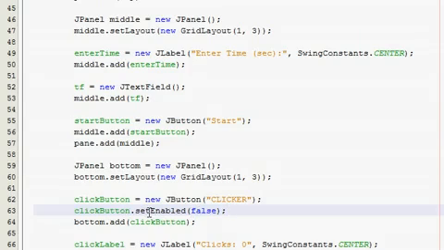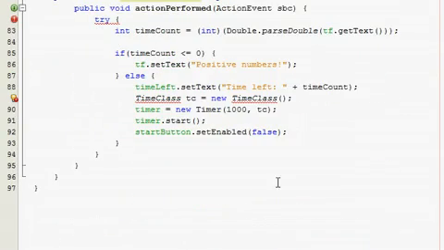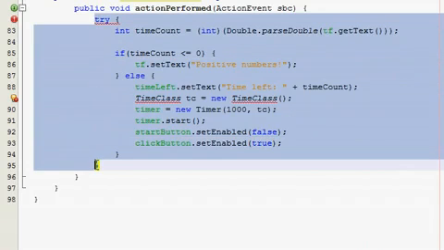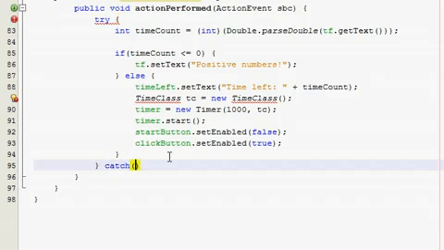When we first started it, we had the click button not enabled, so now we need to enable it so they can actually do their clicking. So click button set enabled true. Got it? Alright, now find where your try block ends, which is right here, and type in catch number format